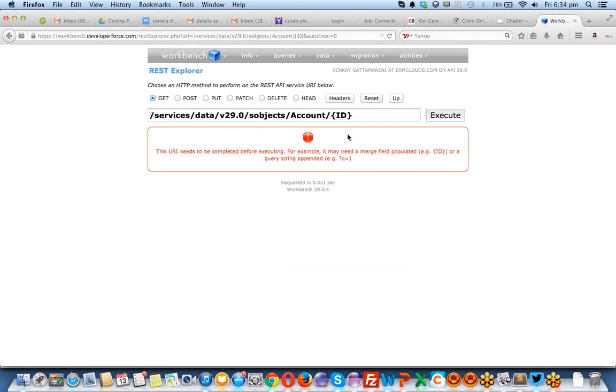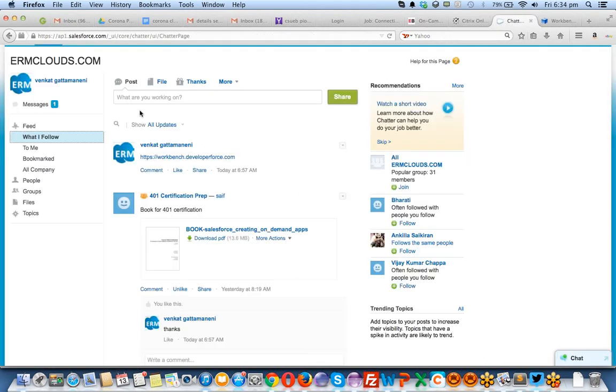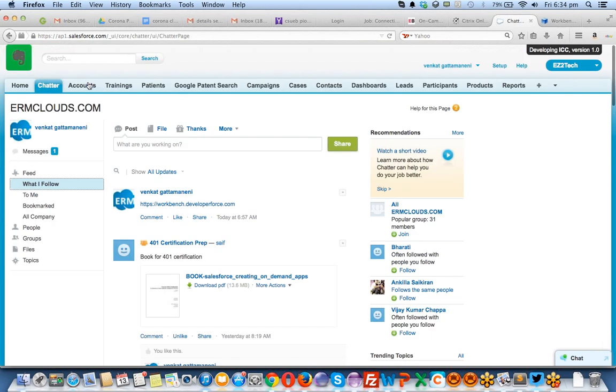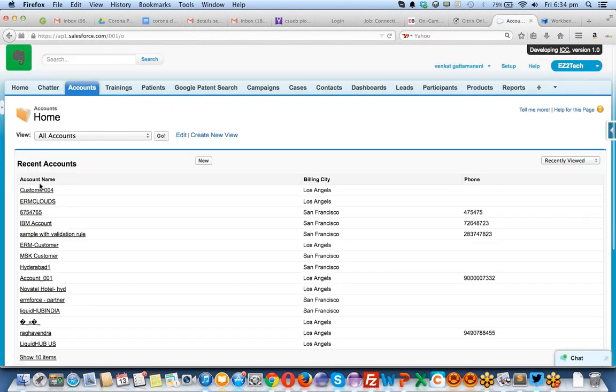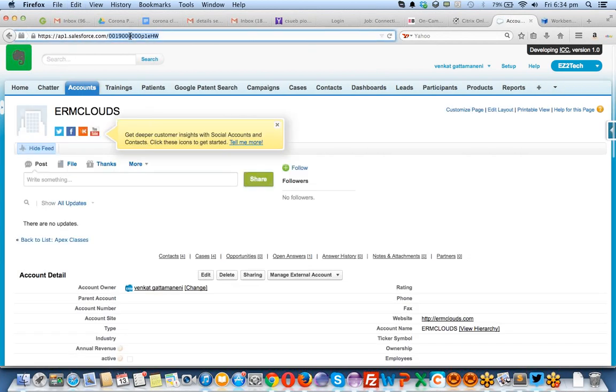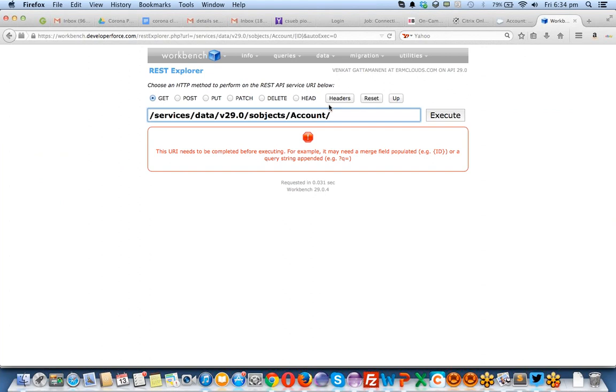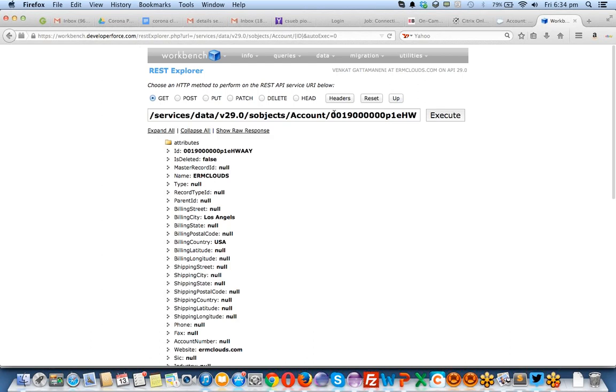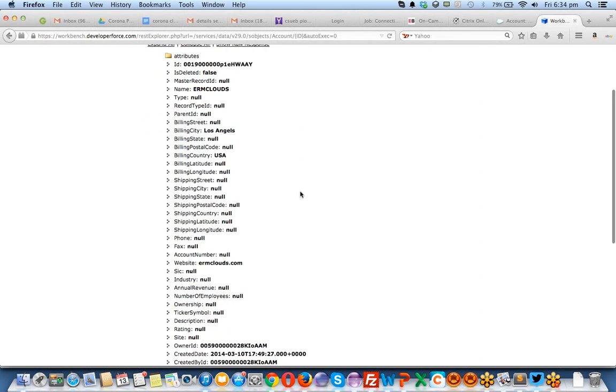Click on this. If I give some ID here, let's go to our system and click on account. Select any account customer, take the ID here and copy. Try to paste here. Let's try executing this. I'm expecting the record value of this. See, if you pass the current account ID like this, I got the complete information of